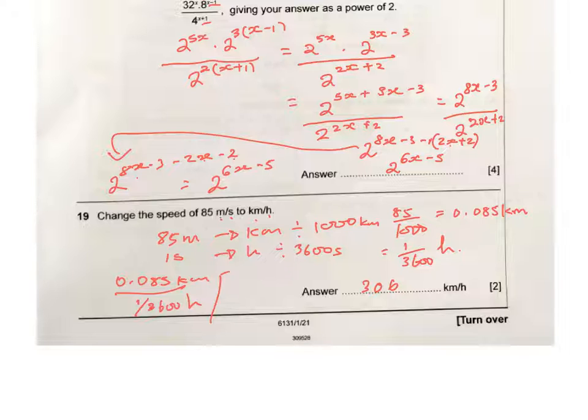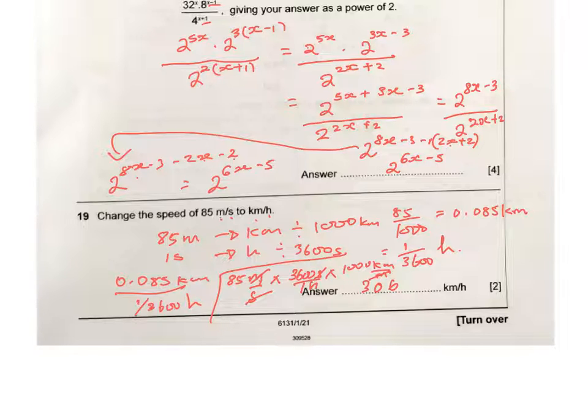The other way, you can also say, well, I have 85 meter per second. I need to multiply. Now, the second should cancel with the second. The second should be the numerators. 3,600 seconds in 1 hour. And then the meters, since here this is a numerator, it should become a denominator. That means you have 1,000 kilometers per meter. Now meter and meter cancel. This and this cancel, and therefore you have